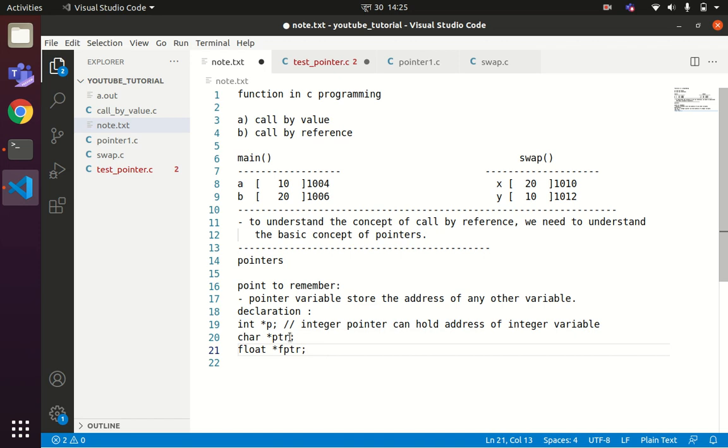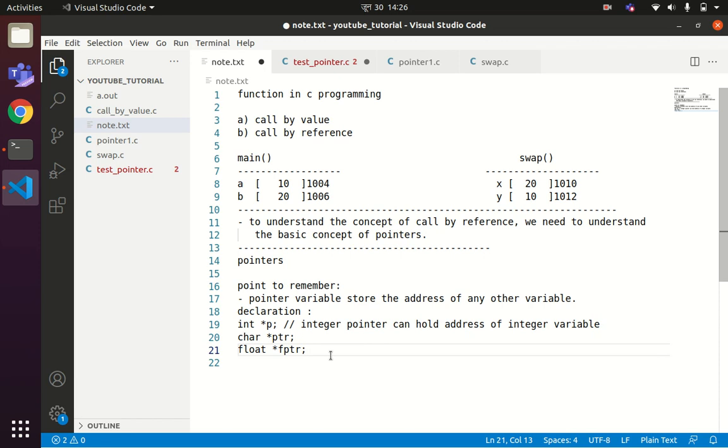Similarly, a character pointer can hold the address of a character variable, and a floating point pointer can store the address of a floating point variable.